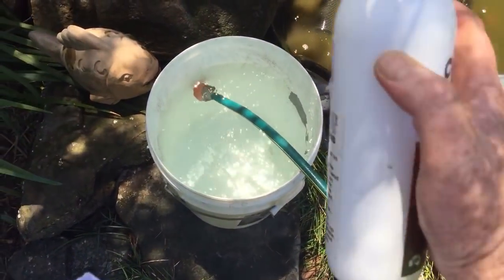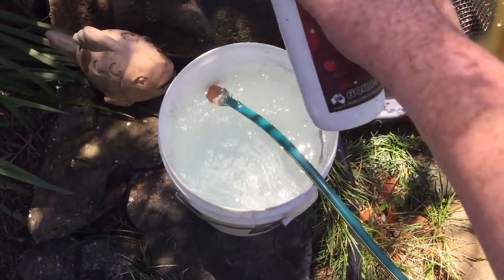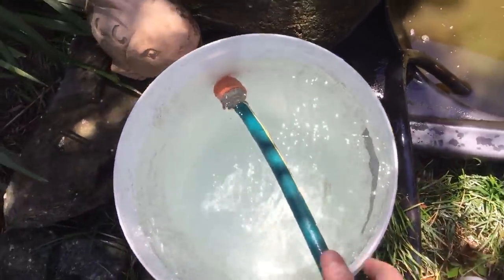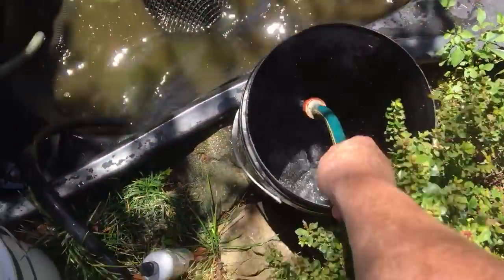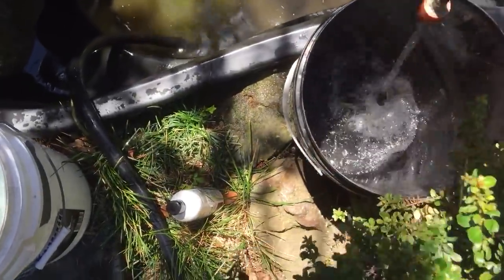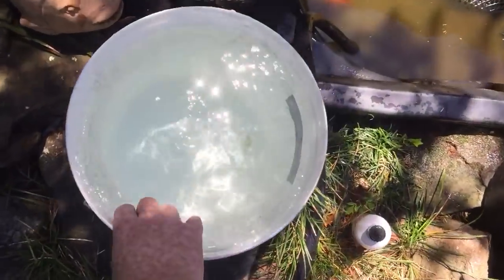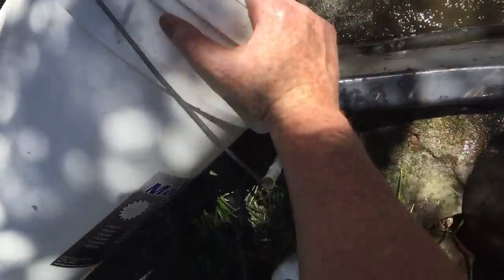When this bucket's full, put a squirt of water ager, wait a few seconds for it to work. Then I'll put the hose in that one, start filling this one up. This one's got the water ager. So I'll then tip it in,